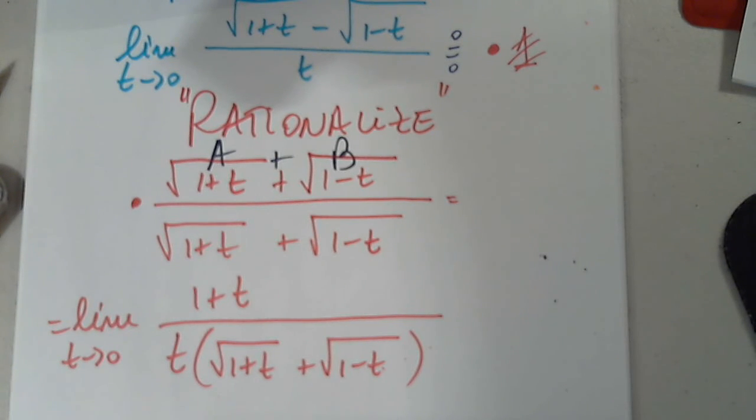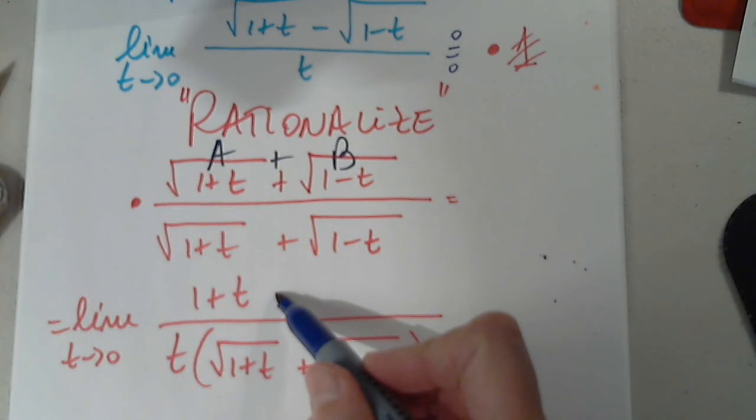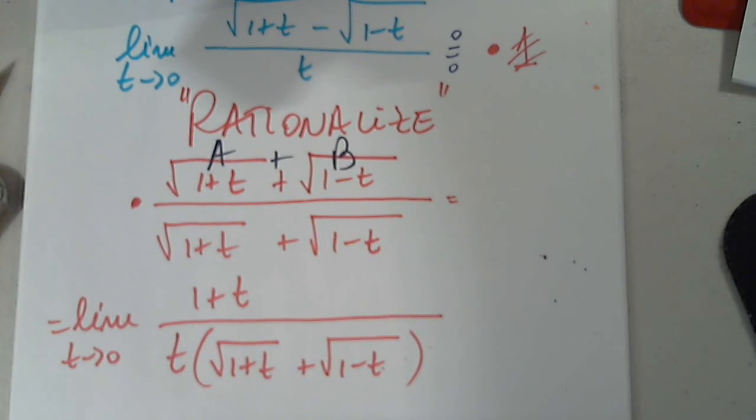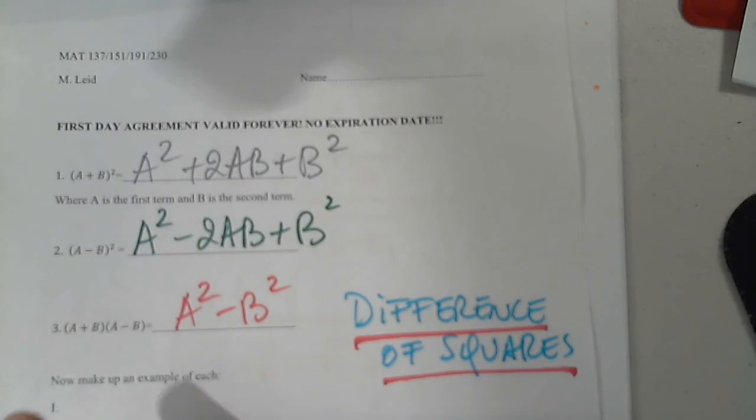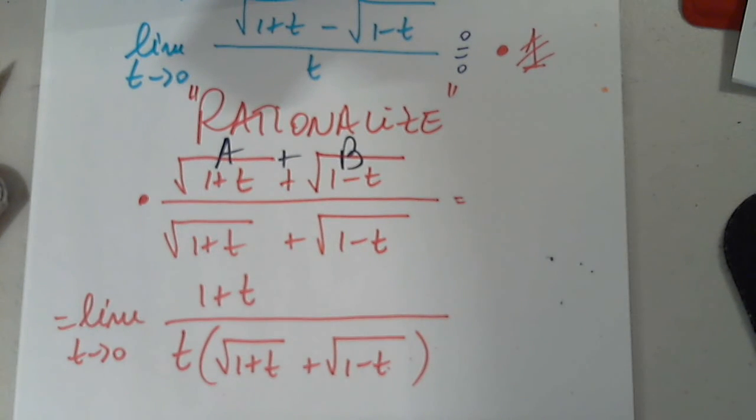Parentheses 1 plus t, plus, 1 minus t. So what is the symbol that I have to write? Plus or minus? Okay. Let's go back. A plus b times a minus b equals a squared minus b squared. Minus. Yes, very good. Minus